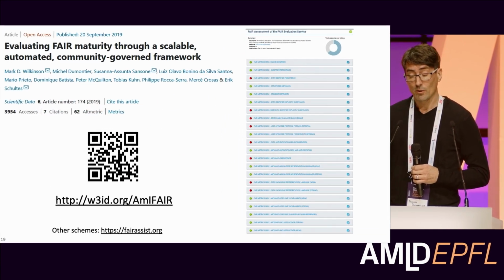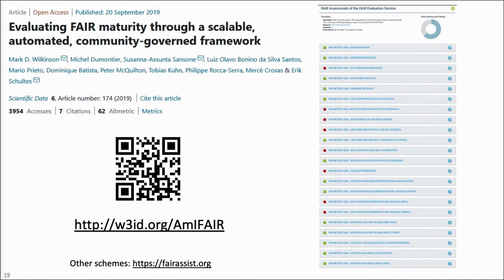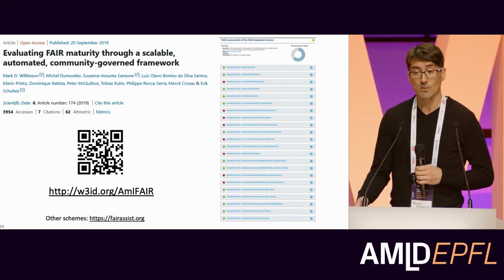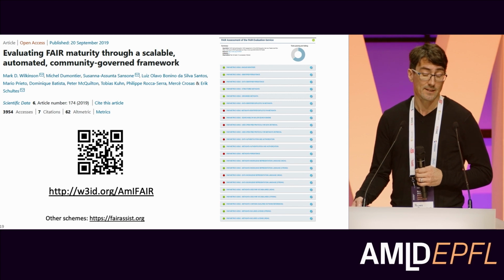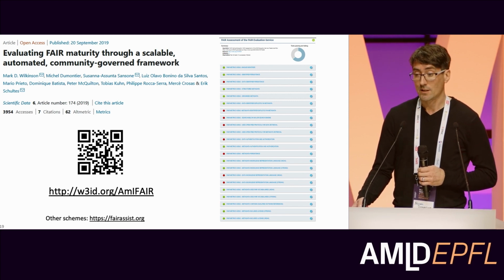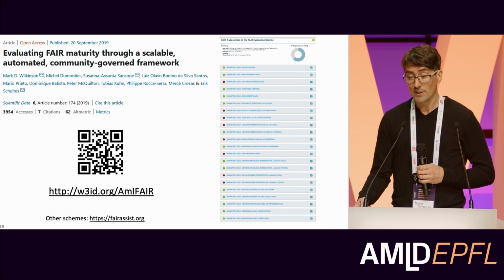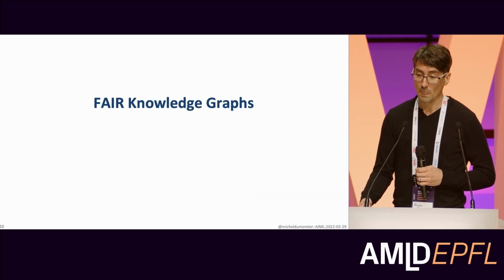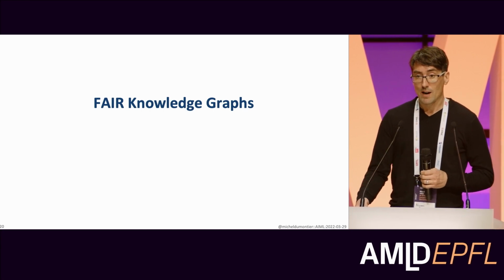In our work, we also understand, again, that these data ought to be available to machines. So we have created infrastructure tooling to assess the technical correctness of FAIR implementations. These are so-called automated FAIR evaluation systems, which will analyze a given URL or a given DOI or something like that, a persistent identifier, and generate a report about what it finds at the site where this content is hosted. So this is one way to understand the machine accessibility of the information that is otherwise expected by the FAIR principles. Now moving on to knowledge graphs.